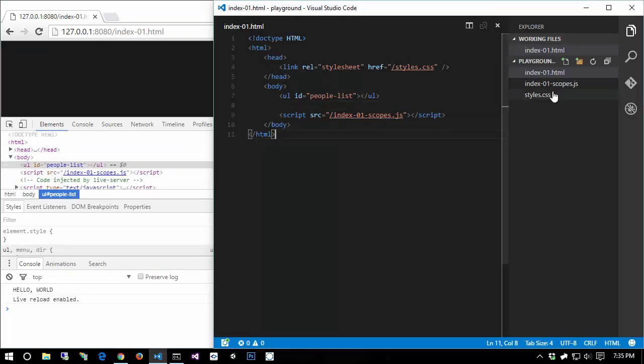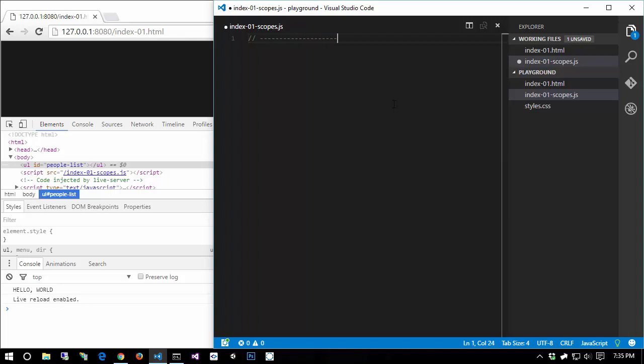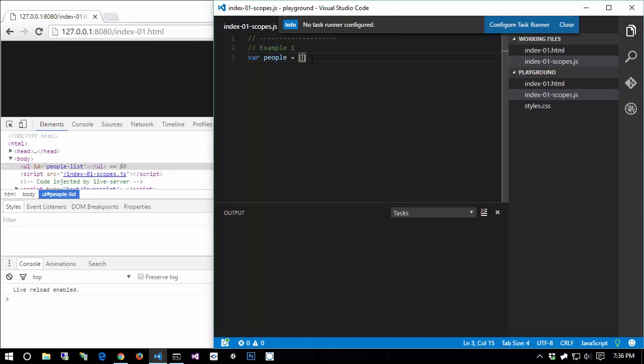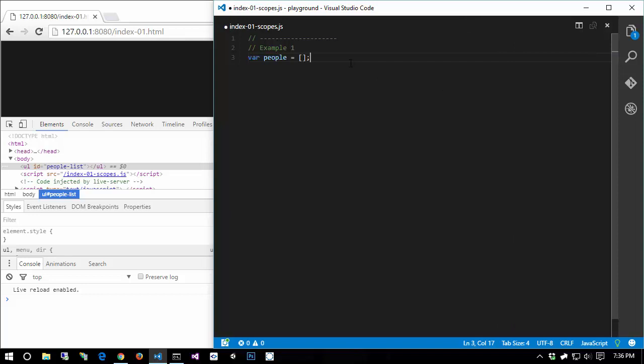So let's open up our JavaScript file. Remember, this is the JavaScript file that's being referenced in our script tag. And we can remove that. And I'm going to go ahead and prefix this with example1. And then I'm going to create an array. I'm going to say var people equals, and whoops, that is absolutely not what I wanted to do. Go away. I wanted to do that. I'm going to create an array of strings. So you might have an array of strings. You have a person named Nelson, a person named Boo, Bar, and Baz. Why not? So you have an array, and what I want to do with this array is I want to